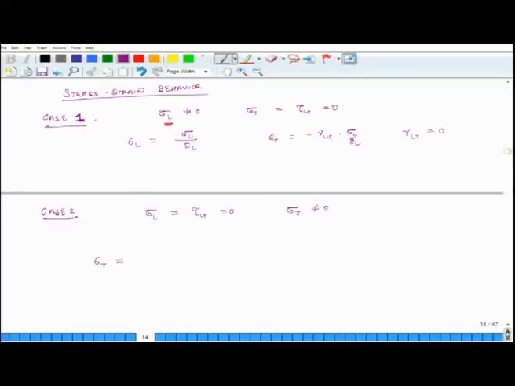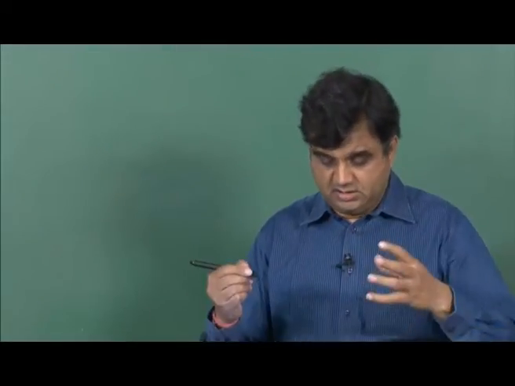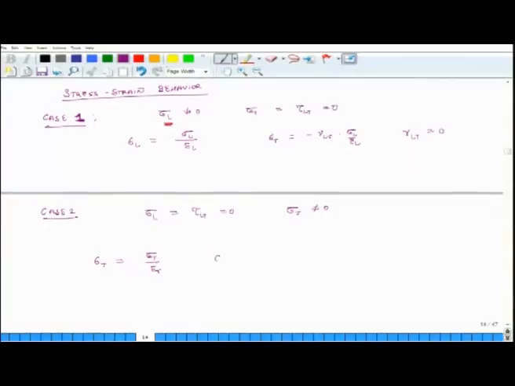So, epsilon T equals sigma T by ET, and as this thing becomes longer in the transverse direction, it will also become narrower in the longitudinal direction because of the Poisson's effect. So, epsilon L is equal to minus mu TL times epsilon T, but epsilon T is what? Sigma T over ET. So, I will just erase this and replace it by this. So, it is sigma T over ET,